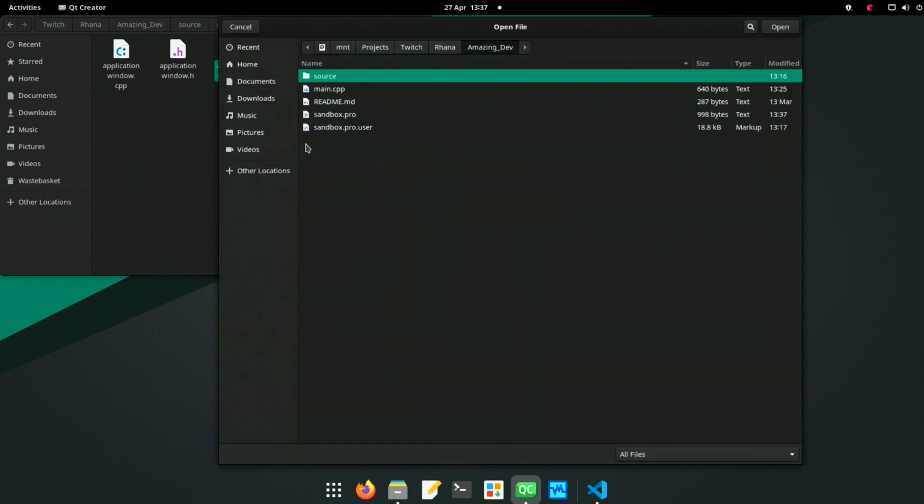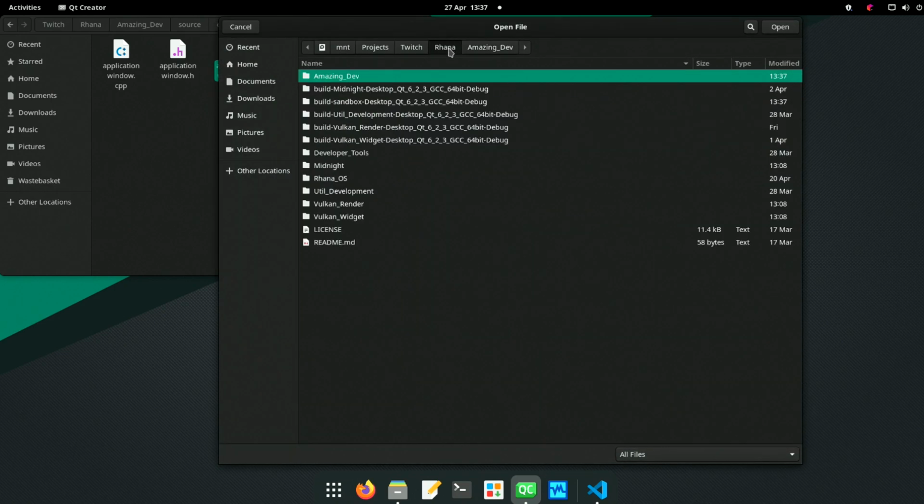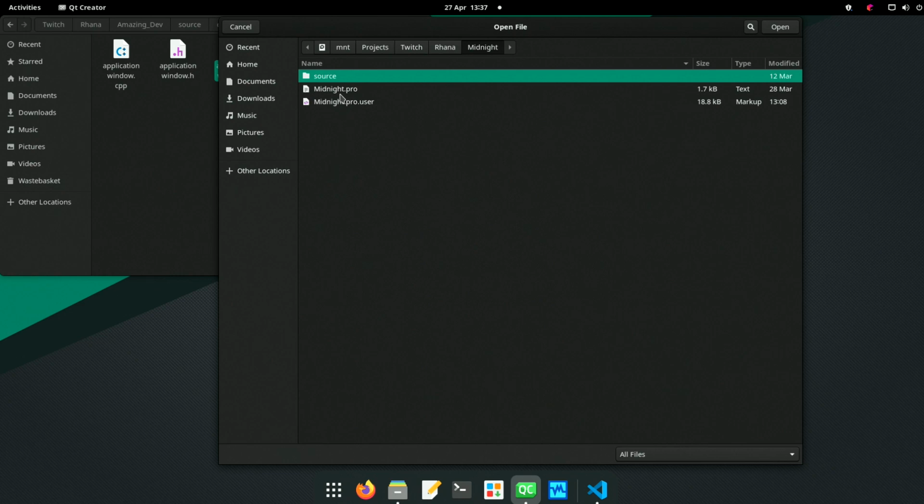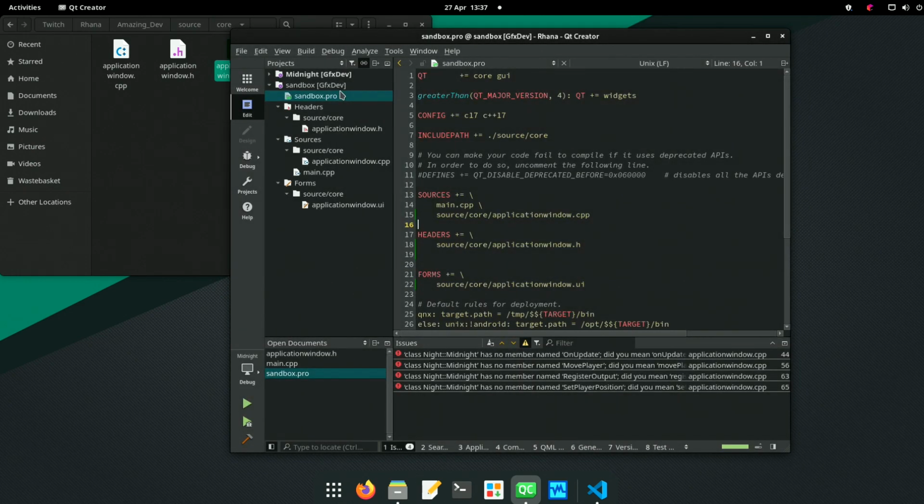So we will open project. We go to Midnight Pro. And we now have to look at the differences between what we developed in Midnight and what we have in this program. And it looks as though we've got a few little problems here.